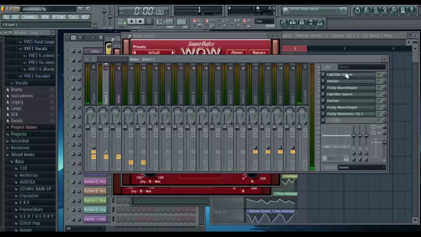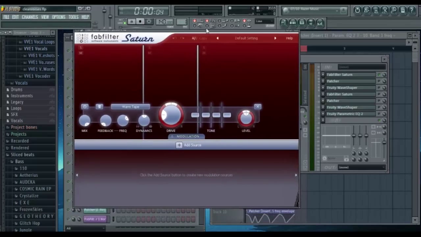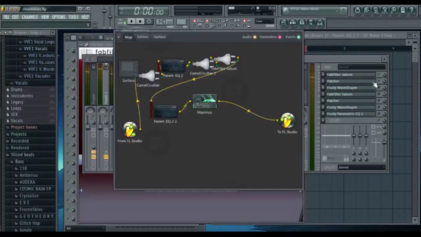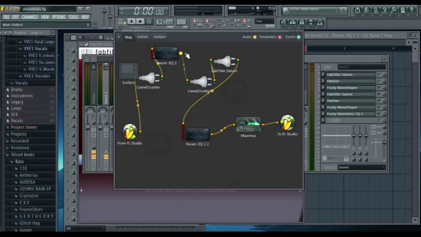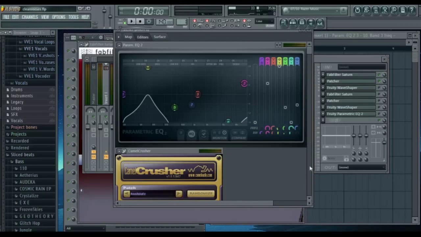And then after this, there's not EQ modulation straight away, there's more distortion using FabFilter Saturn. And then there's a Patcher. There's EQ modulation here, then a bit more distortion. And if we look at the first EQ modulation, it's not a bandpass, but it effectively is, kind of, because the whole sound's being brought down 18 decibels, and then this point here is being brought back up 18. But then there's another point that's moving, and essentially what is a band reject and all this other stuff. And if I play it,